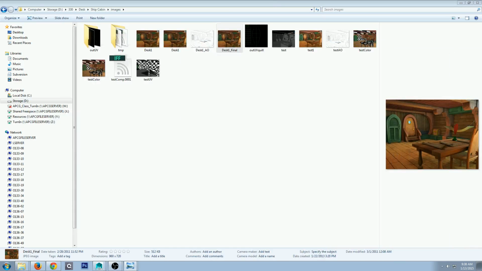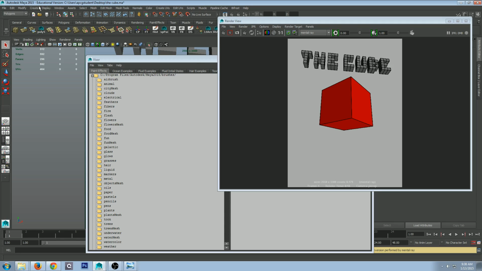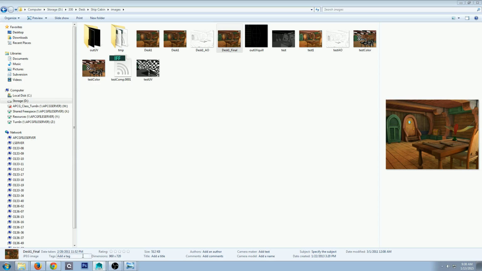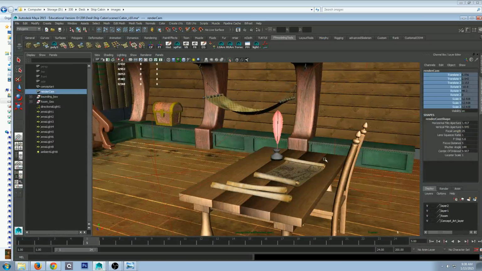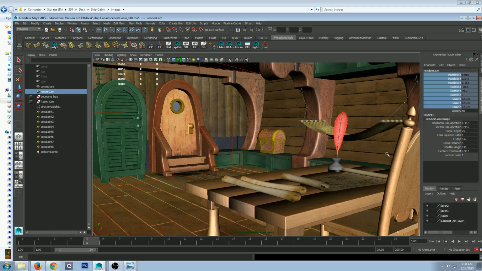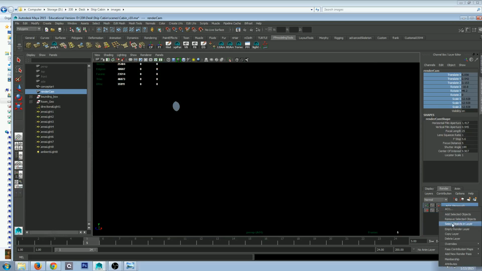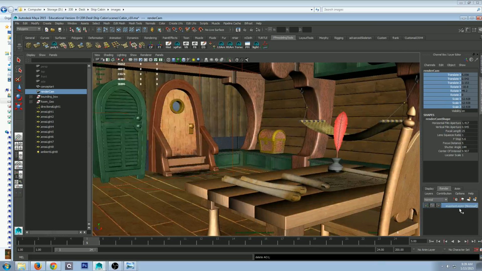So let's open up my scene, and these are some of the examples. Where is it? Oh, nope, wrong one. The cube is back. There you are. So let's pick a composition like this, and I'll show you how to set it up. We're going to go to the Render tab right over here. Looks like I got one already set up, so I'm going to delete that. There you go. I'm going to go to the Render tab, and make a new render